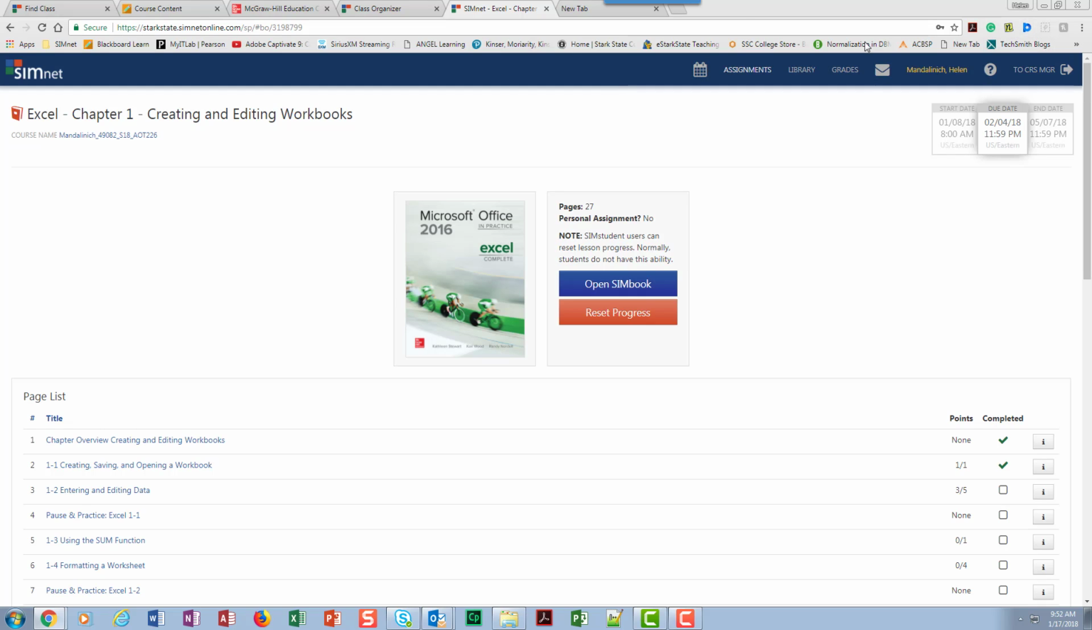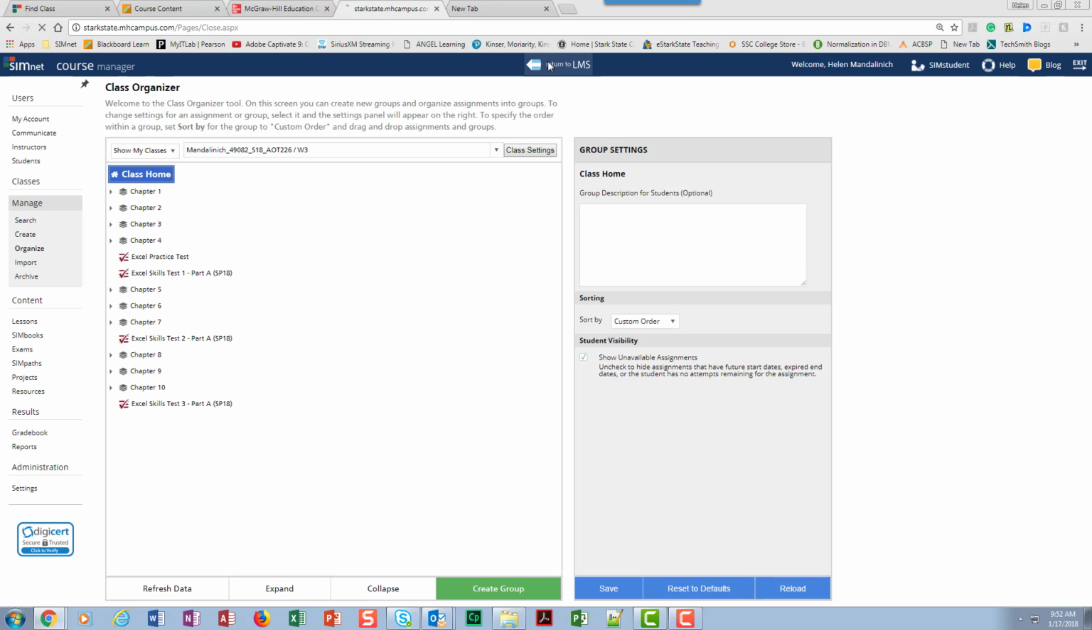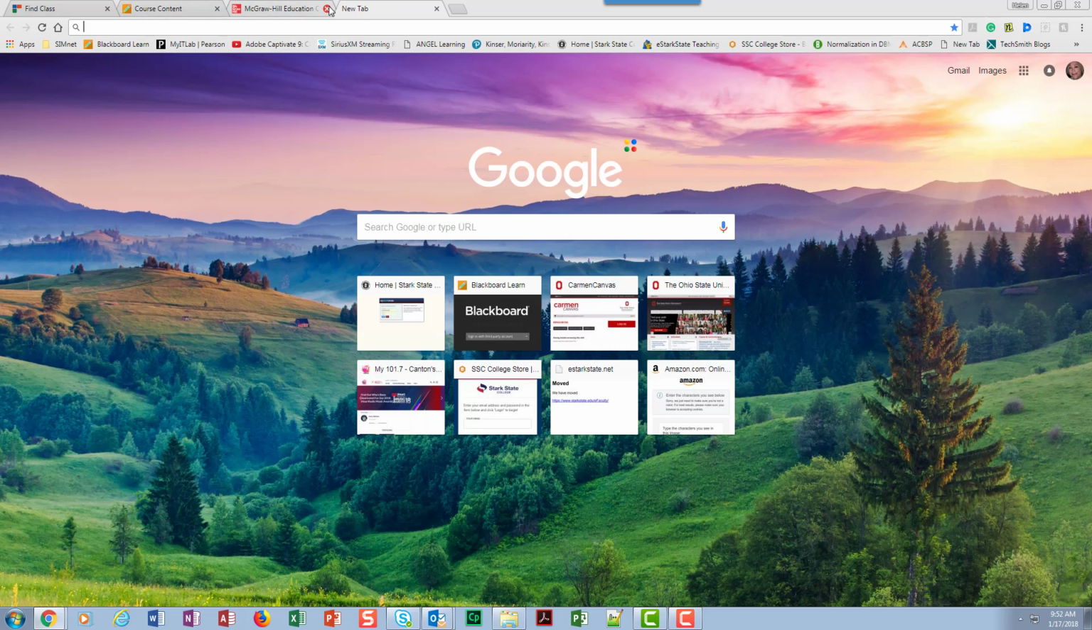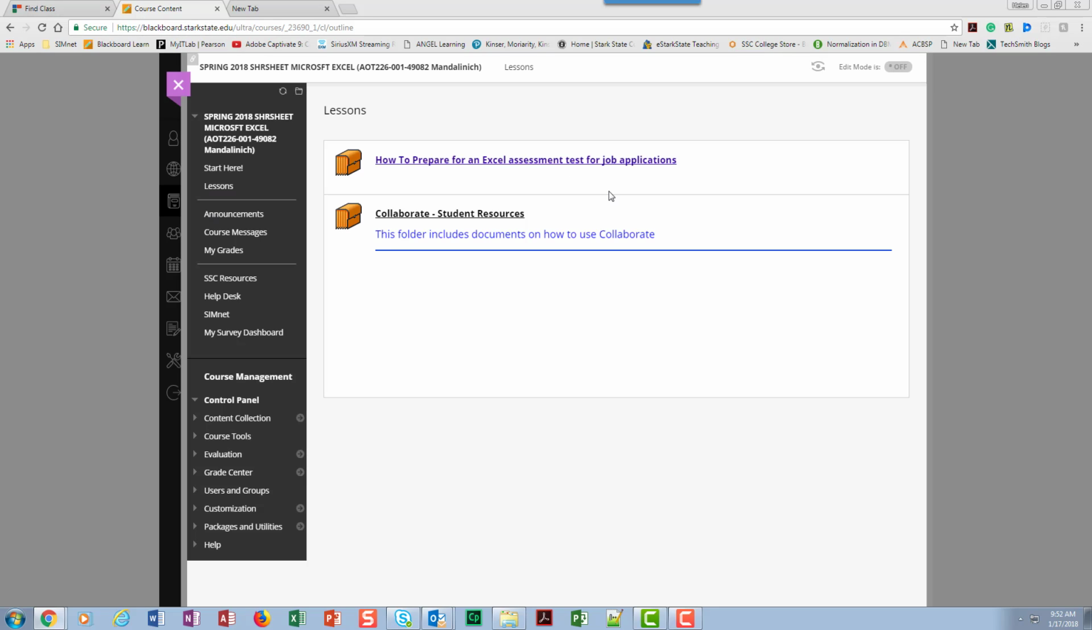So now if I wanted to go back to Blackboard, yours will be a little different. There'll be a return to LMS button. So you want to click on that, and then you could just close out of your McGraw-Hill tab and go into Blackboard. So the next thing in the progression that you would do is